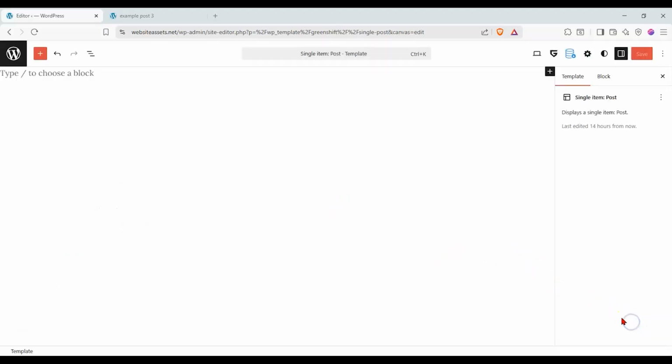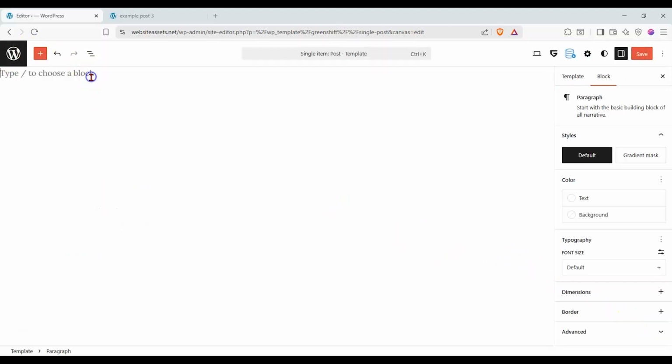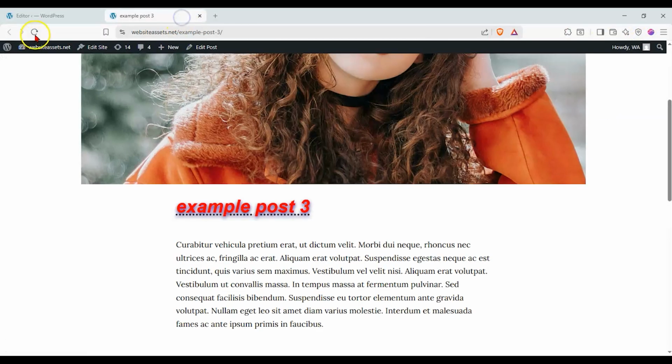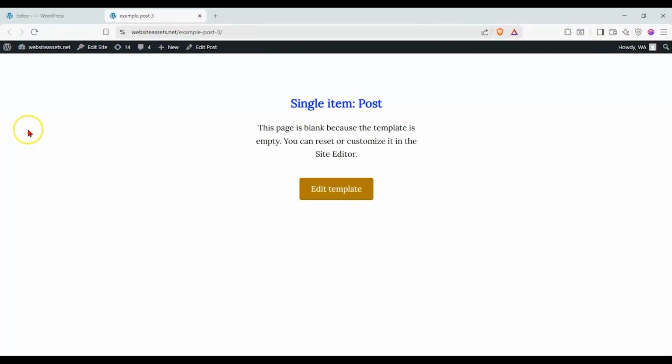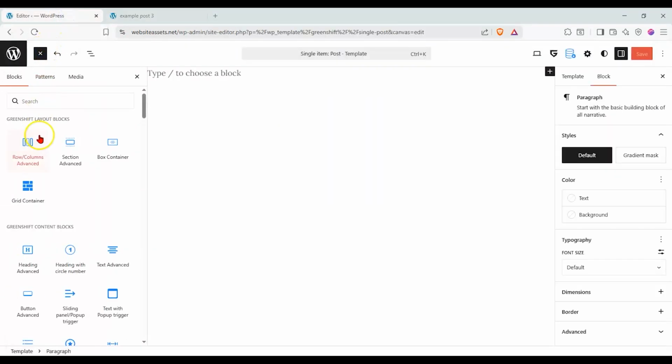Let's go ahead and click on skip, and let's see this work. So let's click on save, and let's reload our single post. And you can see that it tells us the template is blank. Now, let's get started and add in an